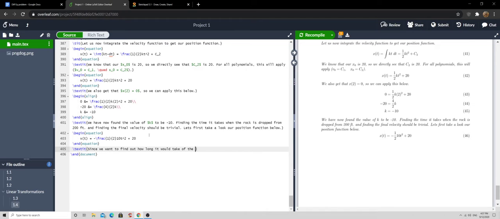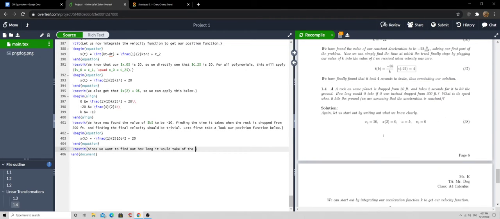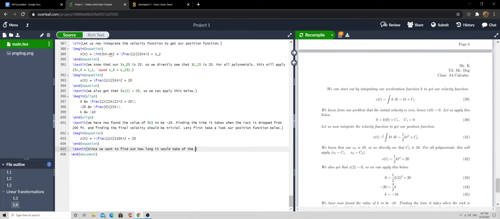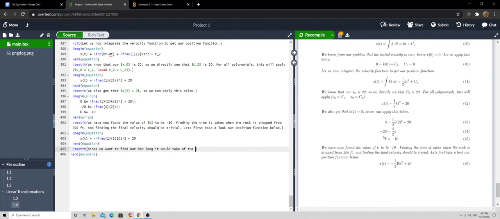Okay, I think I misinterpreted it actually. So 200. Okay, I'll just keep it there for now, since we want to try finding how long it will take for the